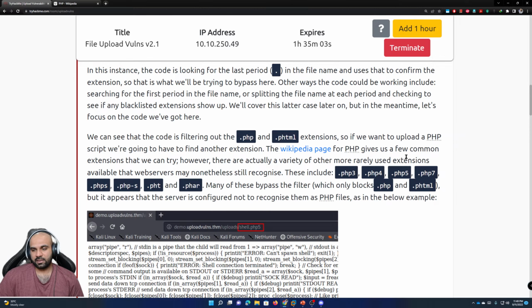But PHP gives us a few common extensions we can try. However, there are actually a variety of other more rarely used extensions that the web server may nonetheless still recognize. These extensions are .php3, .php4, .php5, .php7, .phps and .php-s, and .pht or .phar. Many of these bypass the filter, which only blocks .php and .phtml,